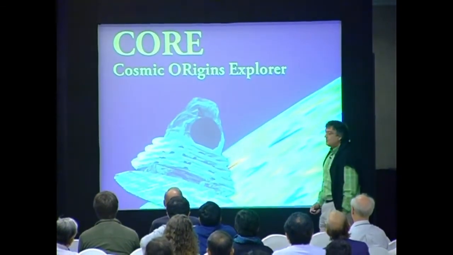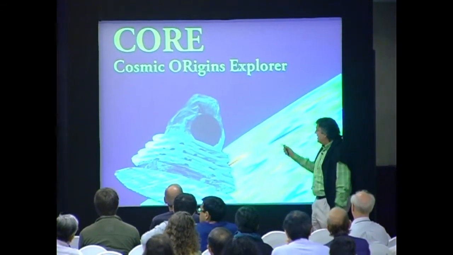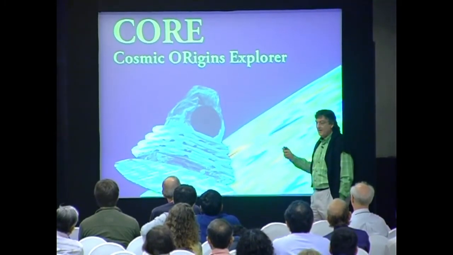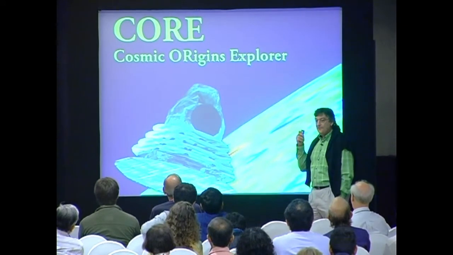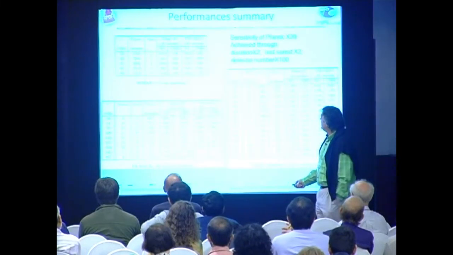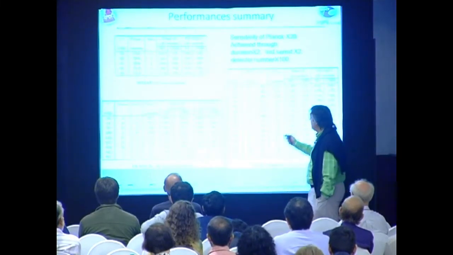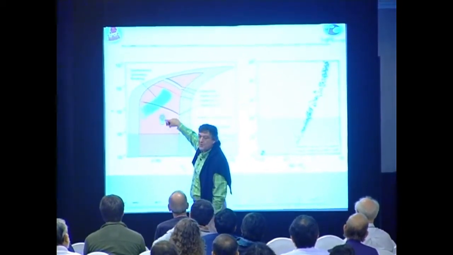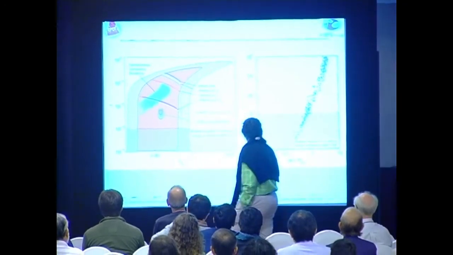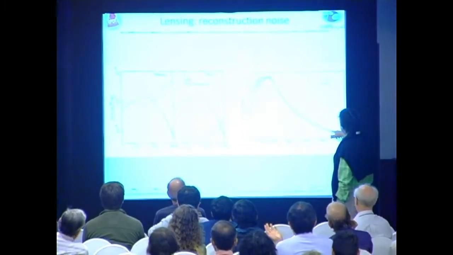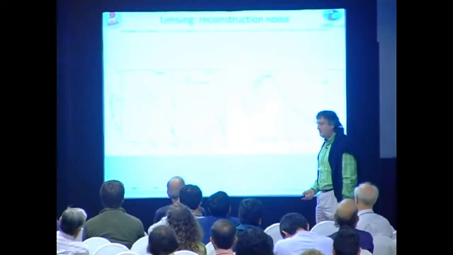Let me skip that. I just want to say that Planck is not the end of the story. We already are proposing, well, that was a year ago, the next generation satellite, which the idea is actually to try to do for polarization what Planck is doing for temperature, which is essentially clean the ground and a much larger number of frequencies, about 10 times the sensitivity. You can have an idea on the NSR, which would be the contours if we were to use all of the information. Here is a comparison of what you would do on lensing, comparing Planck and CORE, essentially. So immediately the payoffs are neutrino masses, as an example.